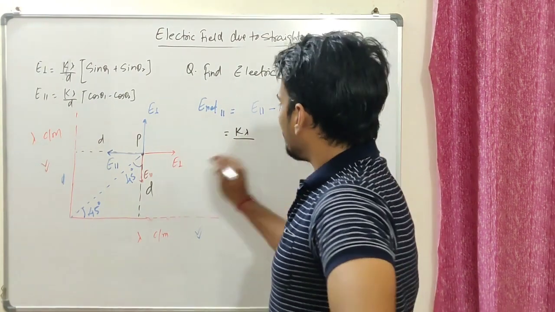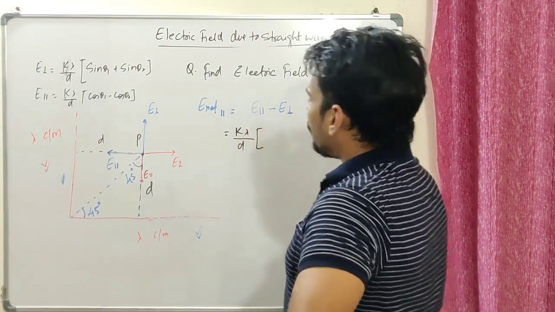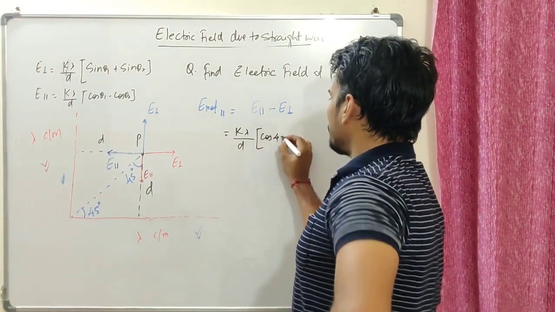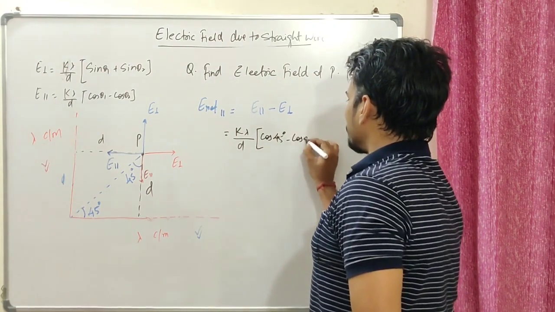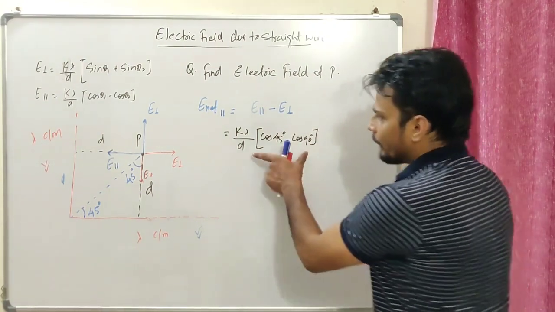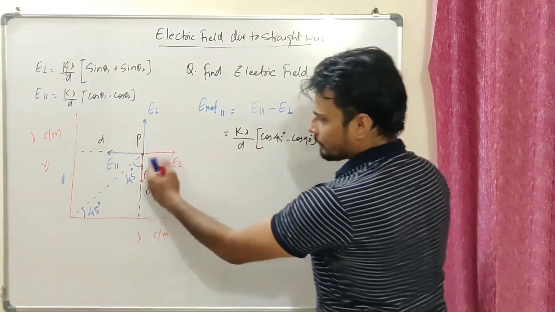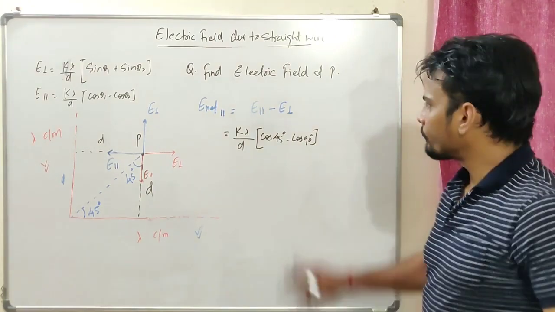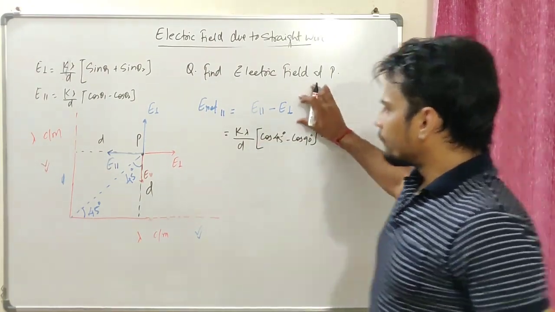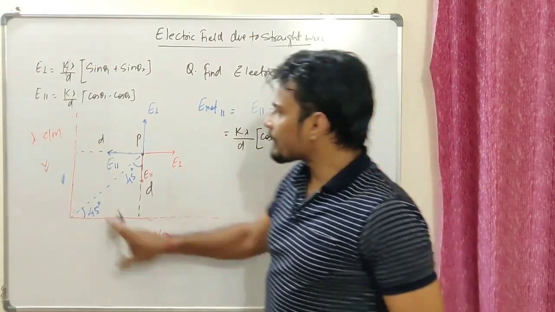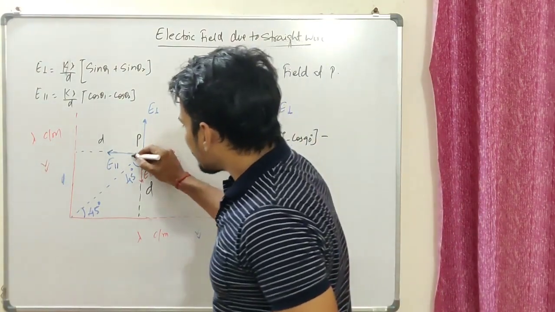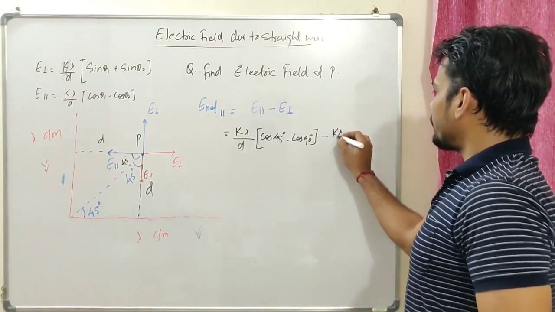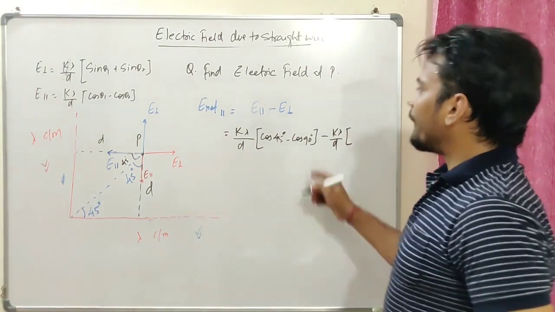What is the distance? D itself, D. Now cos theta 1, choose a small angle, cos 45 minus cos of 90 degree. I'm sure you have agreed with this part, because this wire gives E parallel, K lambda by D, cos of 45 minus cos of 90, minus E perpendicular, and this E perpendicular is because of this wire, right? So in this case again, this angle should also be how much? 45 degree, no problem. That should be K lambda by D, and that is the perpendicular part,